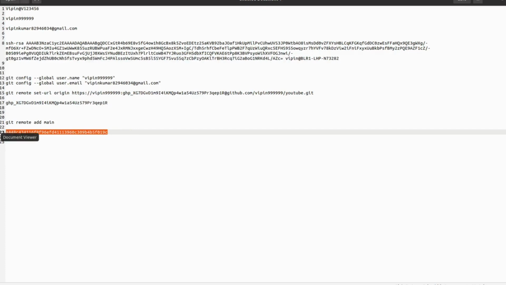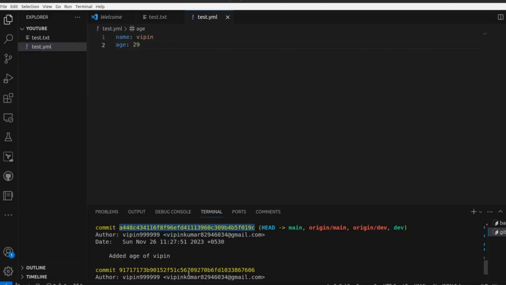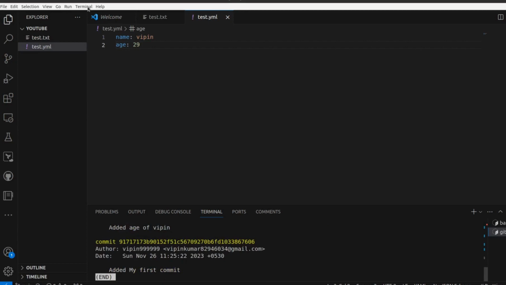So go back to the document here. Navigate to your local repository with the cd command, and we are already on that. To create a new commit that undoes the changes of the commit you want to revert, use git revert and the commit hash.